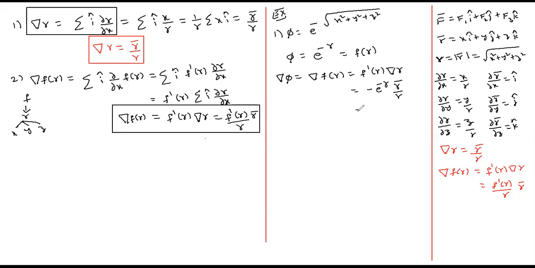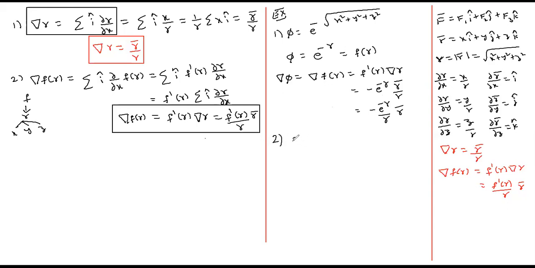So this is e minus e power minus r by r into r bar. That is what I wrote in yesterday's key, where r is nothing but under root of x square plus y square plus z square, and r bar is nothing but xi bar plus yj bar plus zk bar. Is it fine? Shall I proceed? Yes, sir.